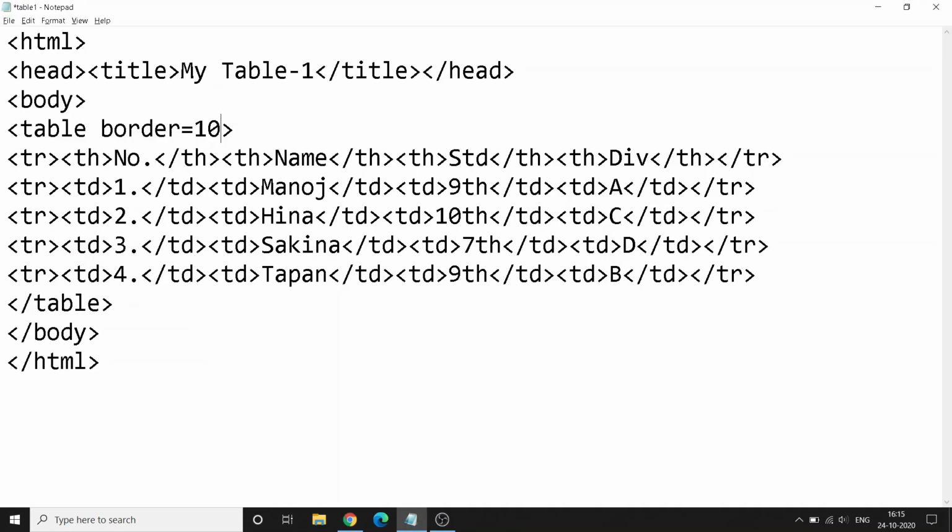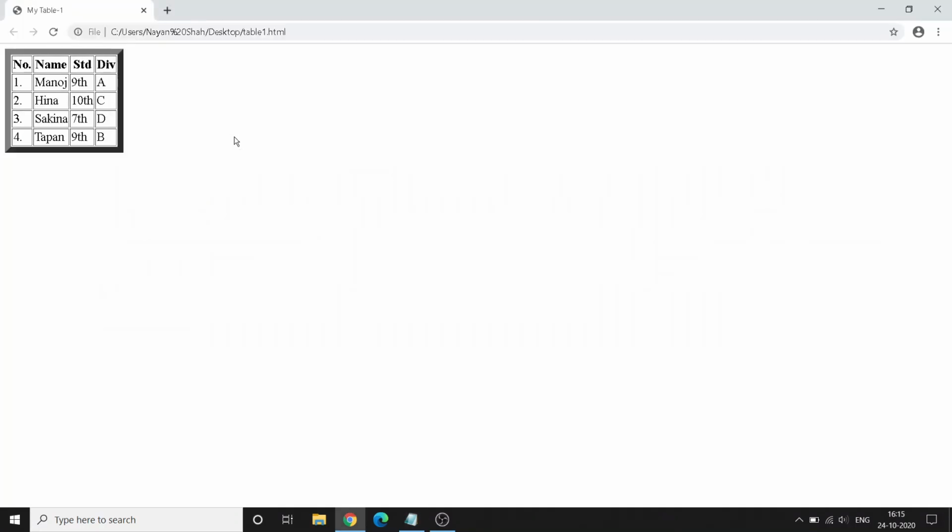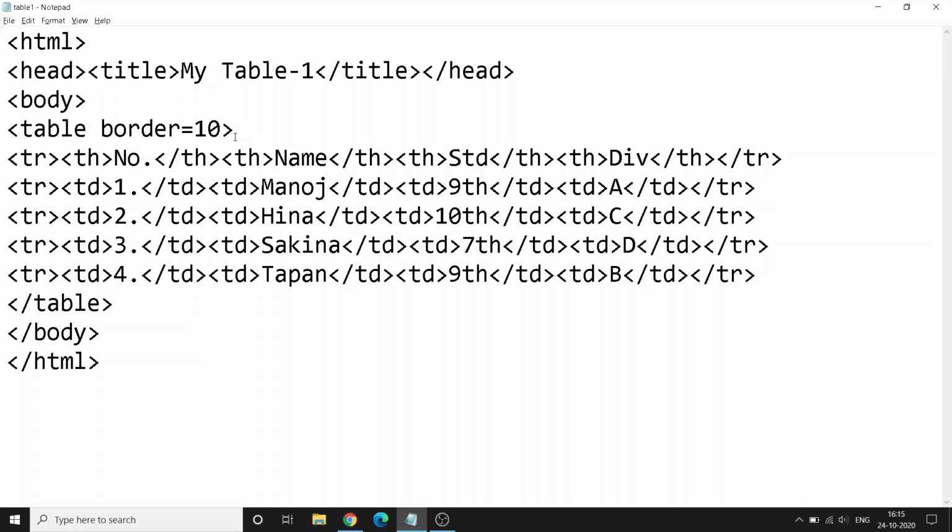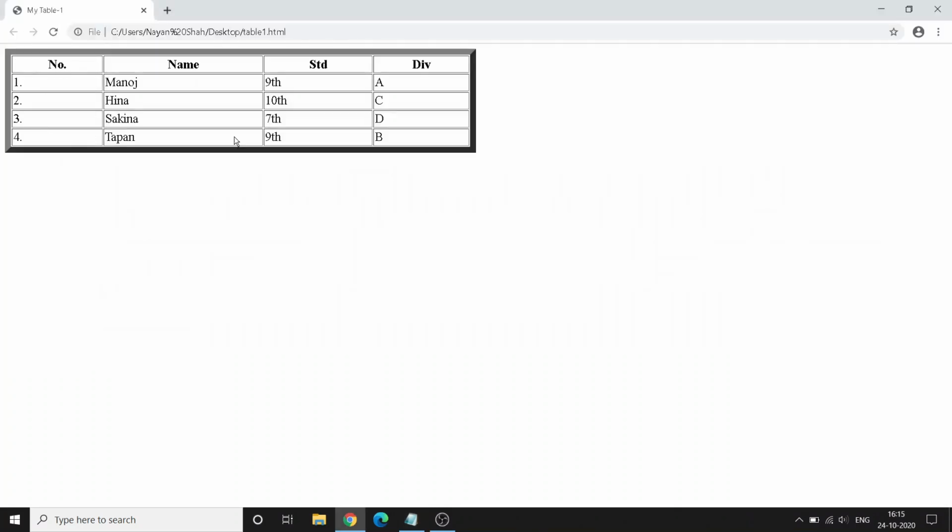The bigger the number, the thicker the border, but that applies only to the outside border, as you can see right now. Similarly, we say the width of the table is equal to 50% of the screen size. Save it and refresh it. So the width of the table is now 50%.